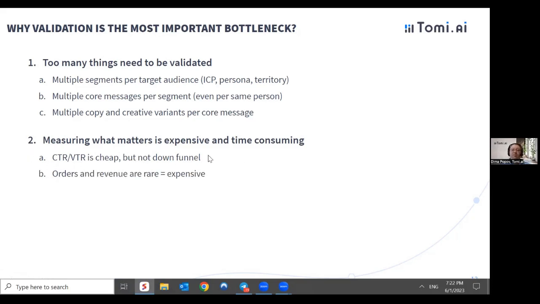You may get severely disappointed by early positive results of your creatives that initially show high CTR. If you look at the down funnel or even mid funnel, you might not get the same positive results as you would hope for. So paying customers or orders revenue are rare and expensive. You would like to measure the impact of your creative on down funnel results. High value customers, closed won deals, paid orders, customer lifetime value, but they are rare and